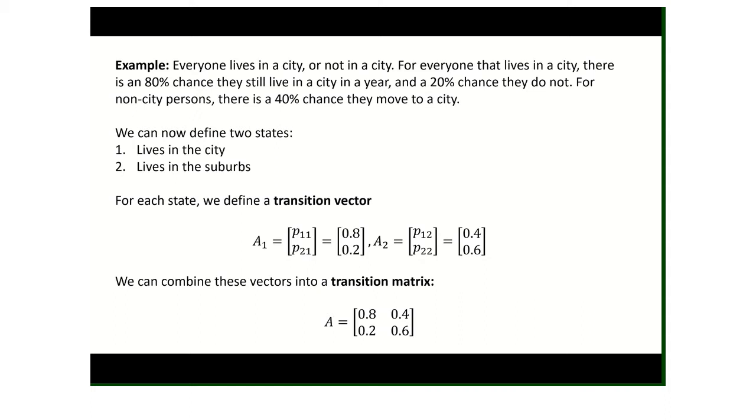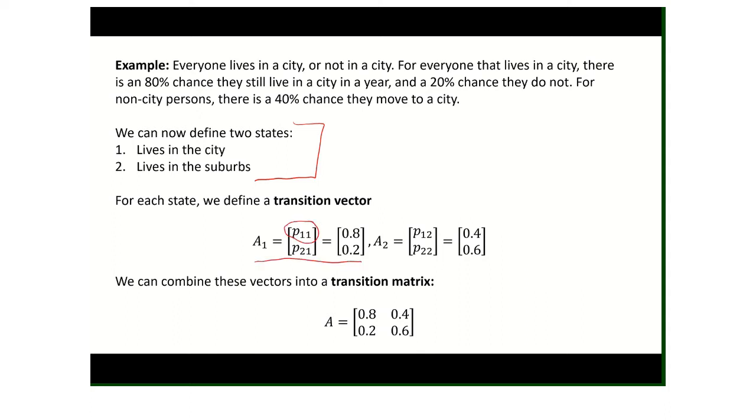This time, we're going to define two states. State 1 is that somebody lives in a city, and state 2 is that somebody lives in the suburbs. And for each state, we define a transition vector. So this is the same as building the matrix that we built for these similar problems. So we build a transition vector for each state. So for state 1, living in a city,